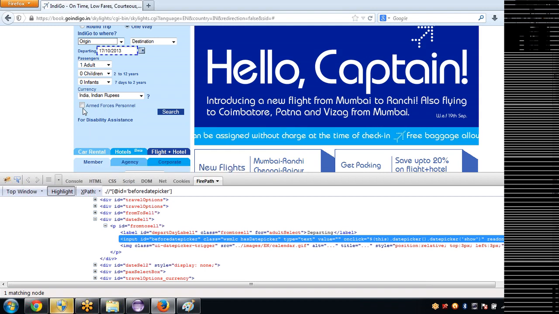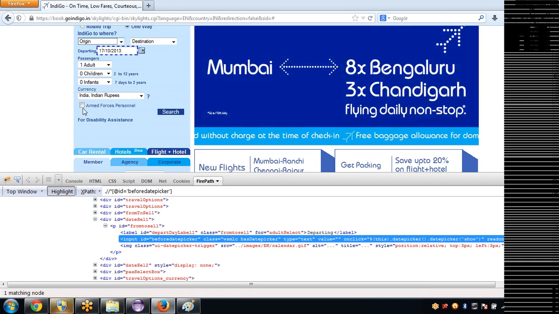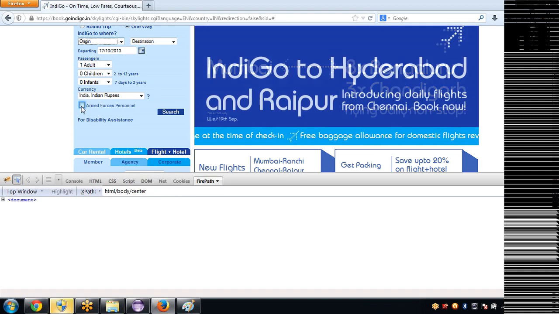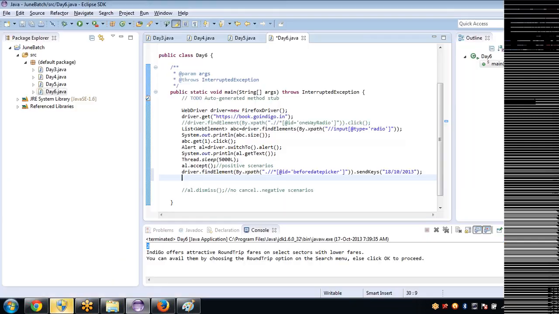Now we'll see checkboxes. Checkbox in the sense of validating it is simple. In the same way, take an XPath of this.